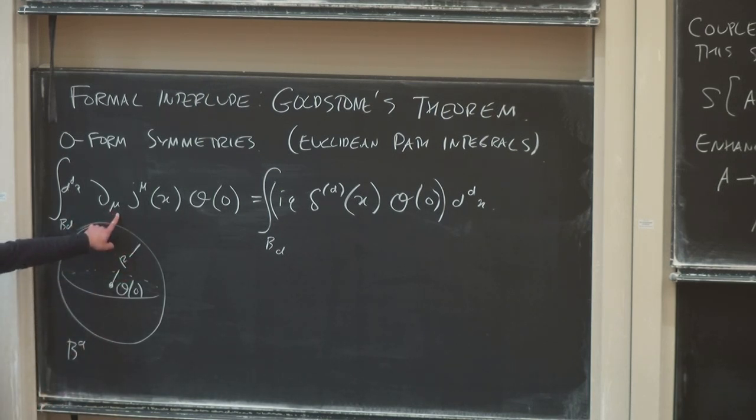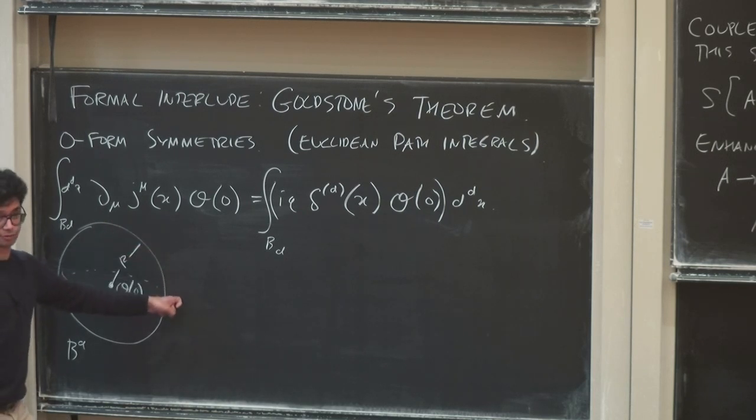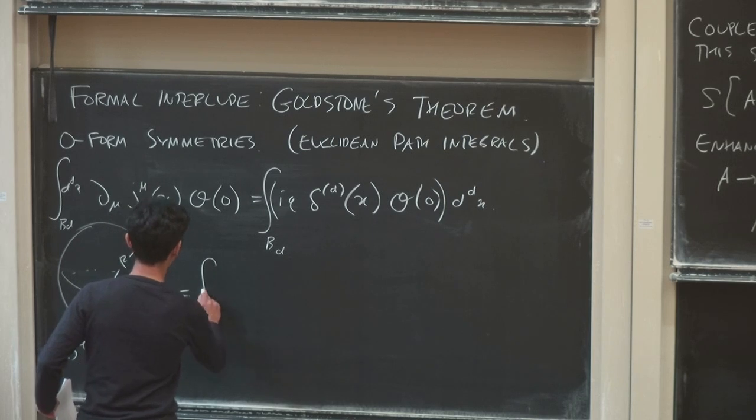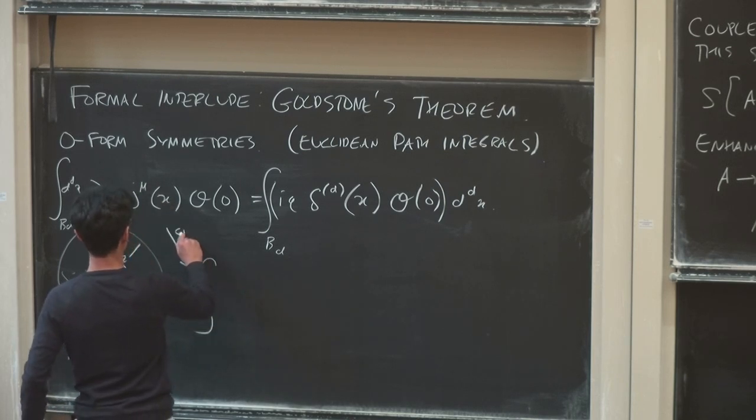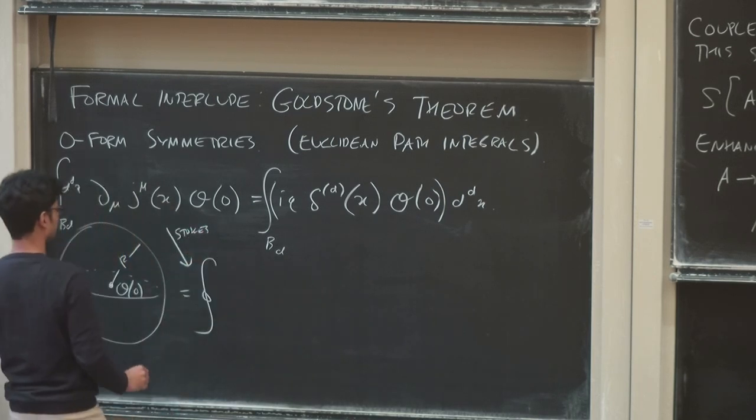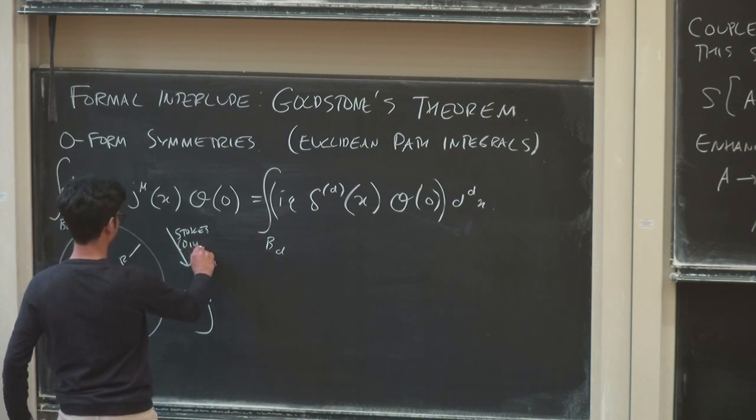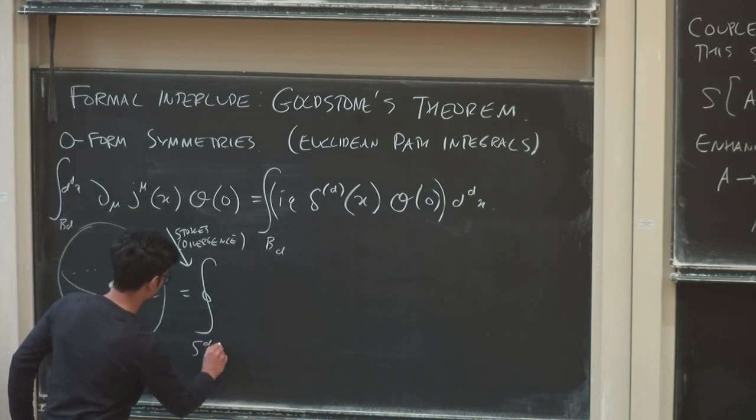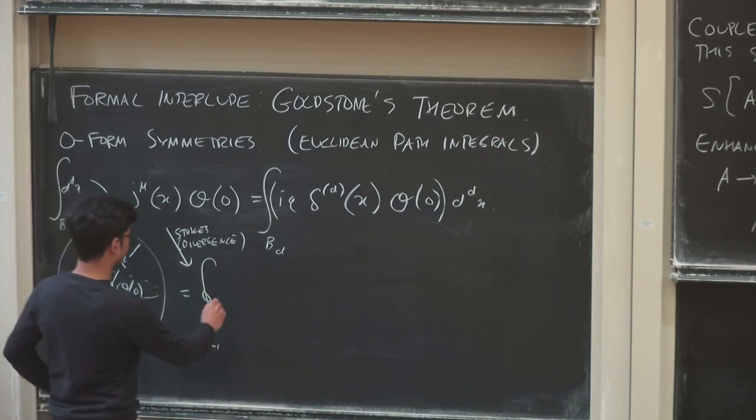So what happens? On this side, I'm integrating a divergence over the interior of something, which means this is begging for me to use the divergence theorem to convert that into an integral on the surface. On the left-hand side, I use Stokes or divergence or whatever this is called. I guess in this case it's the divergence theorem because I've written it not using forms, to integrate this on the boundary of the ball. So what is the integral on the boundary of the ball? It is